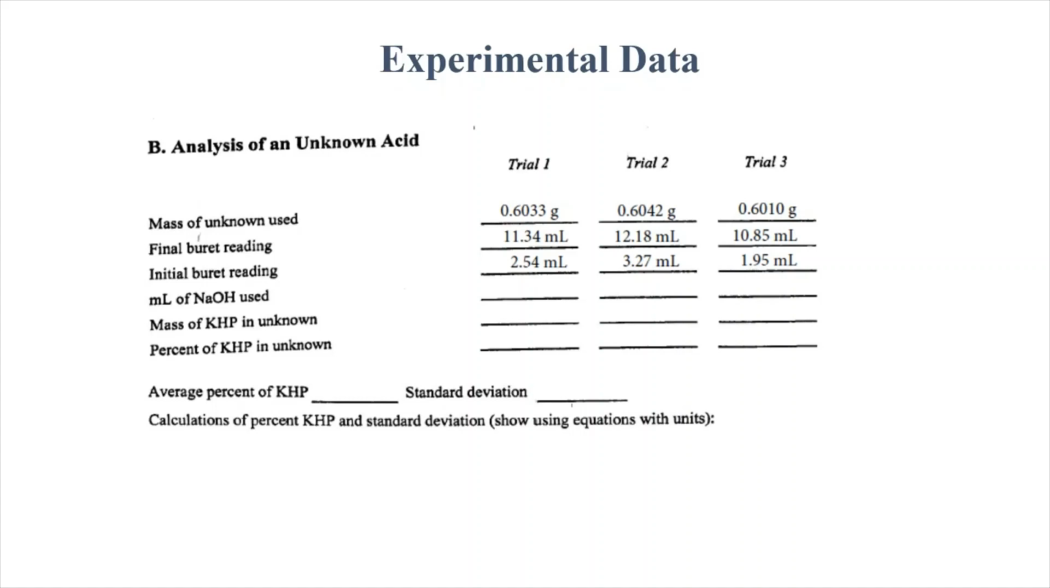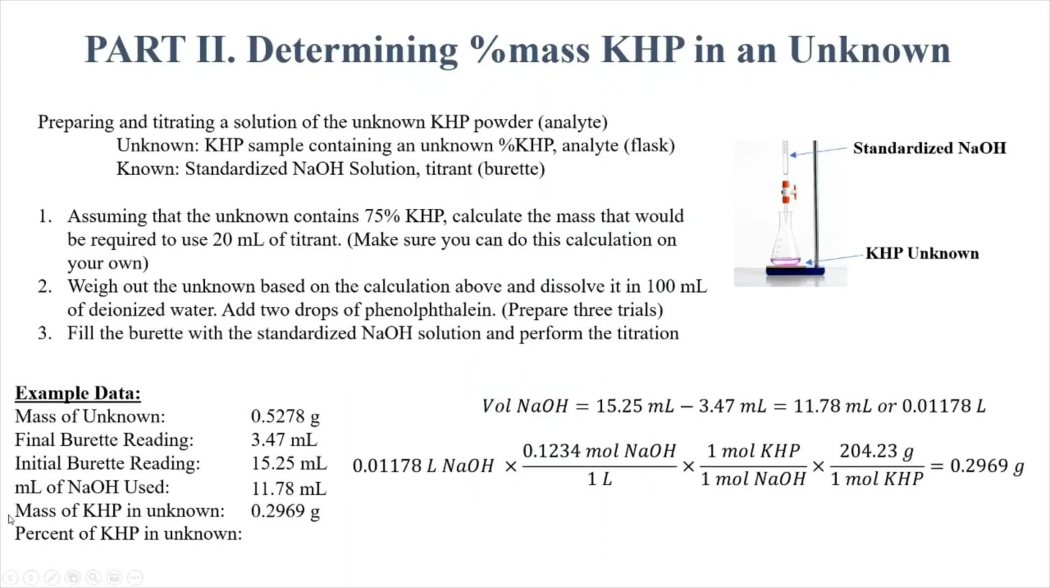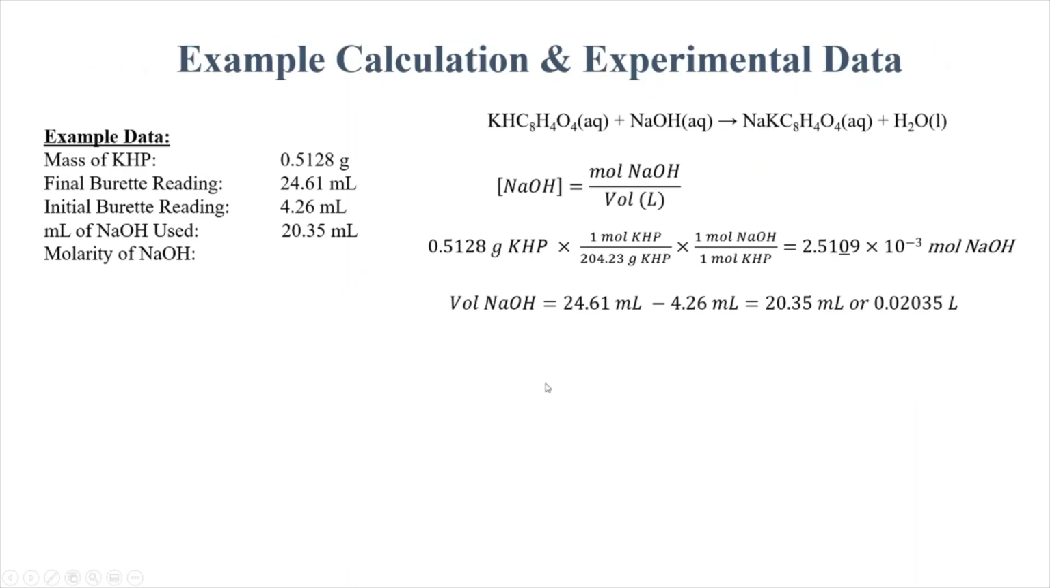Once you know what the known and unknown are, and you have that written down on your paper, then you know where you're going to get your number of moles from. The number of moles are always going to come from the known. So let's recap that a little bit. In part 2, our known was the standard NaOH solution, and I used that to get the number of moles and the number of grams of the KHP. In the previous case, my known